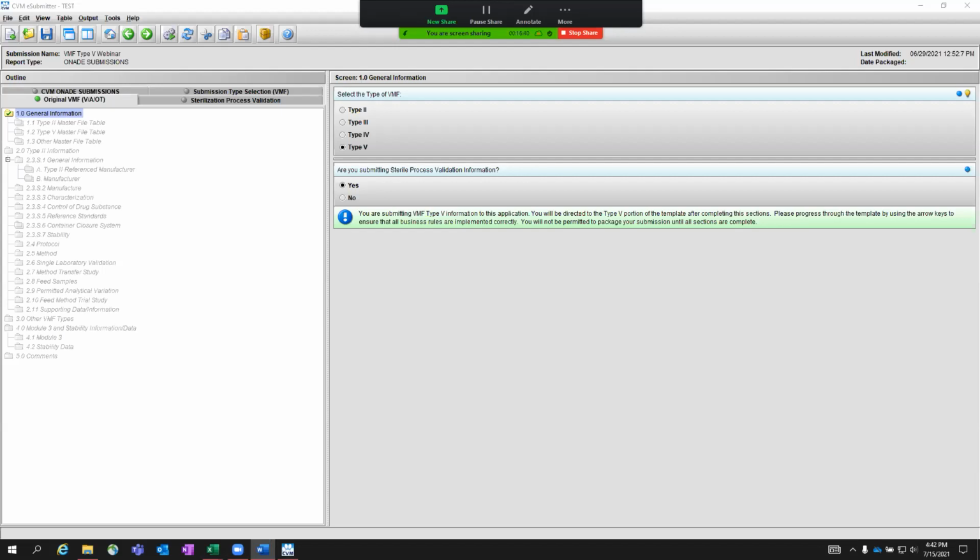Clicking the green arrow will open a new tab entitled Original VMF, VAOT. The first question will ask you to select the type of VMF. The option Type 5 should be selected. This will cause a new question to pop up asking if you are submitting sterile process validation information. This question allows us to distinguish master files intended to support other aspects of drug development from those containing sterilization information. If you select Yes, you will notice